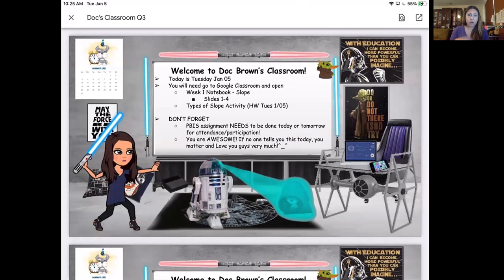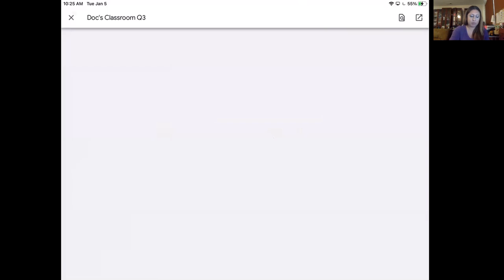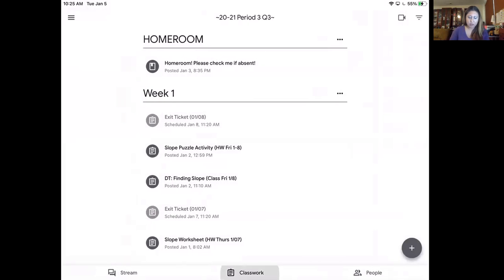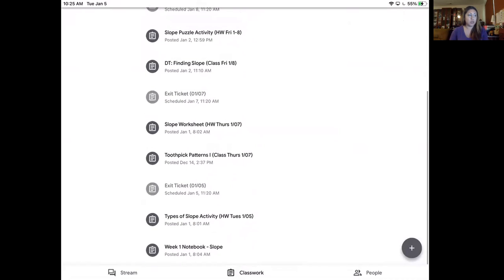So we're going to be working on our notebook. Go to classwork. All the way at the very bottom, you're going to see week 1 notebook slope. That's what we're doing today. And then types of slope activities, which is what we're going to be doing for homework for today. Now, homework isn't due until Monday, but